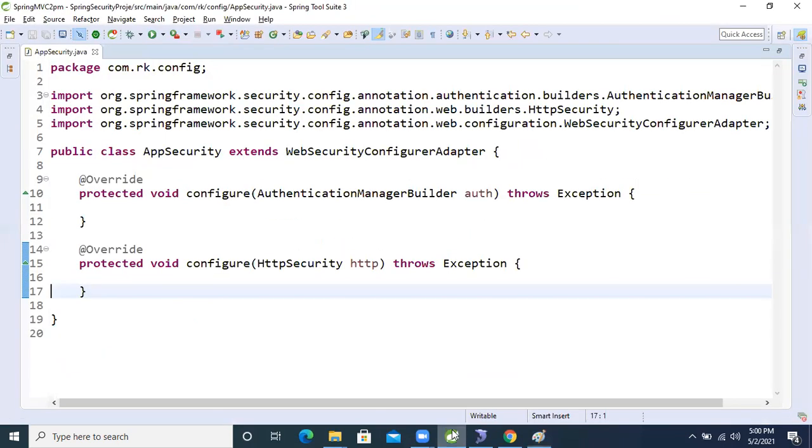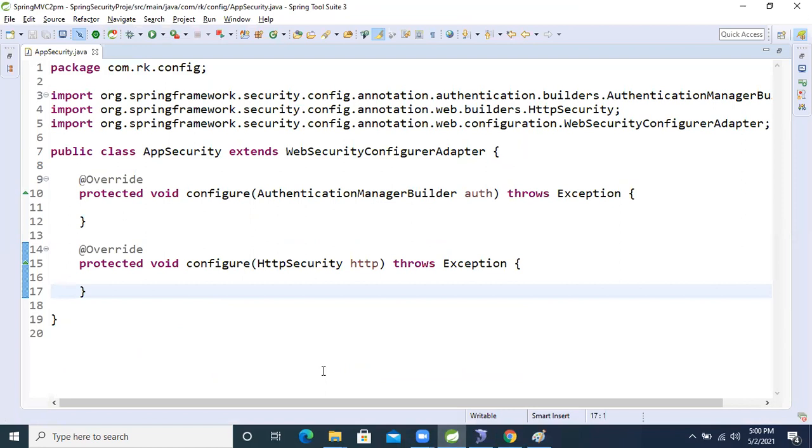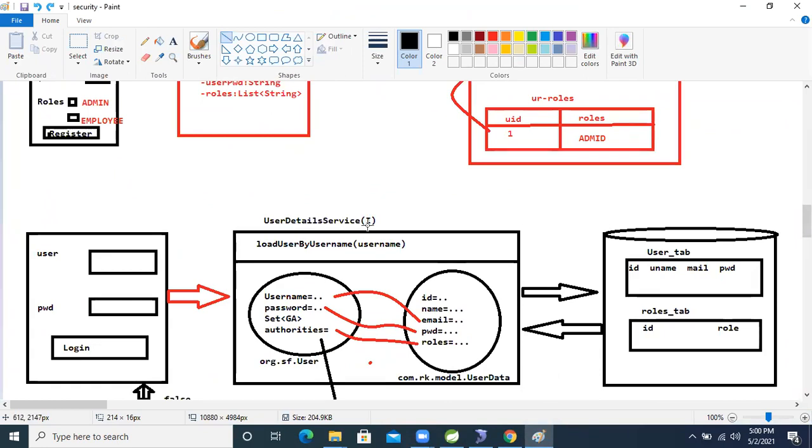So now from here onward it is the same thing. This web security configurer we extended in our application. Now, which object has all the information, guys? UserDetailsService, which is nothing but an interface.